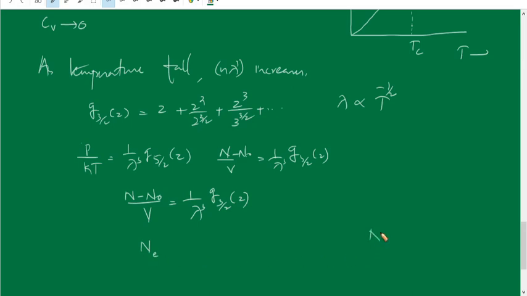So Ne is equal to N minus N0, that is, Ne is equal to V divided by lambda cube g 3 by 2 of z, where